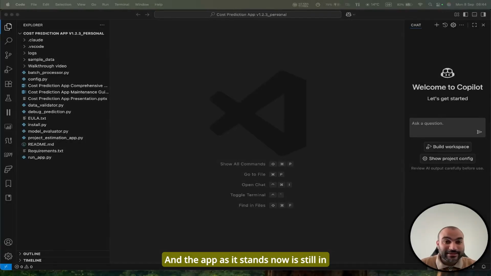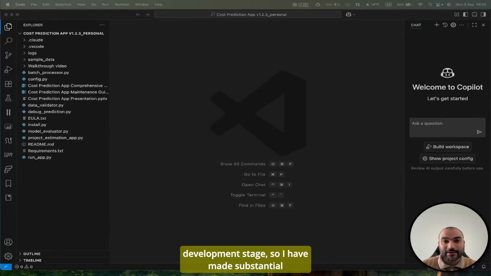And the app, as it stands now, is still in development stage. So I have made substantial progress in terms of the back end and the front end, but I wasn't really bothered to create a batch file or a PowerShell file, which is going to make it much easier for the end user to run. But this can be an area of improvement in future releases,